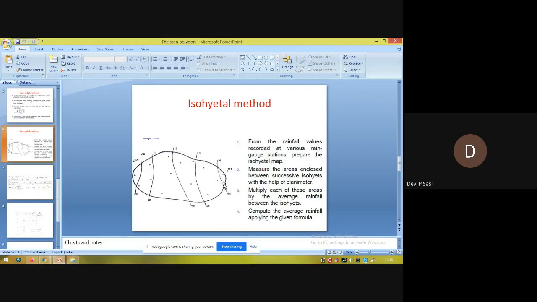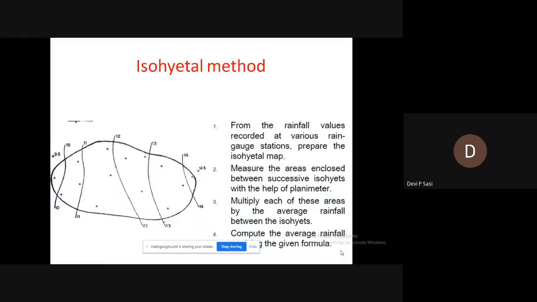If you consider any point anywhere on this line, the rainfall at that particular point will be 14. That means isohyets are lines which join points having equal rainfall. That is about an isohyet. Now, talking about the isohyetal method,